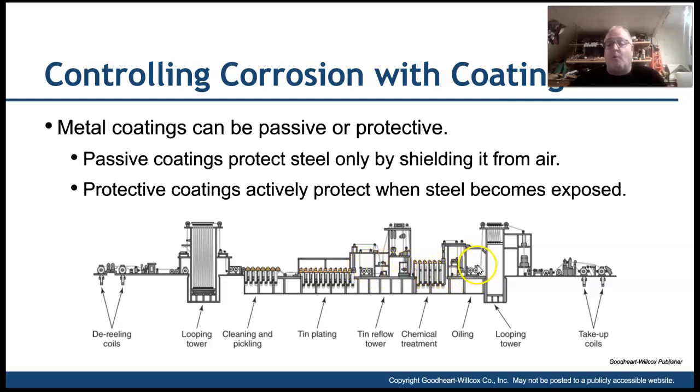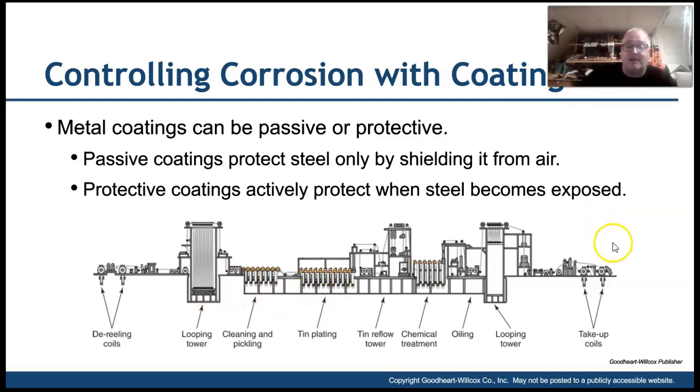Then they are oiling that. So a lot of times oils or rust inhibitors are also added to the material to help keep it from rusting and prevent moisture from getting onto and contaminating that steel as well. And then it comes back in and is taken back up and recoiled. So that gives you an idea of the whole coils and some of the ways that this is done